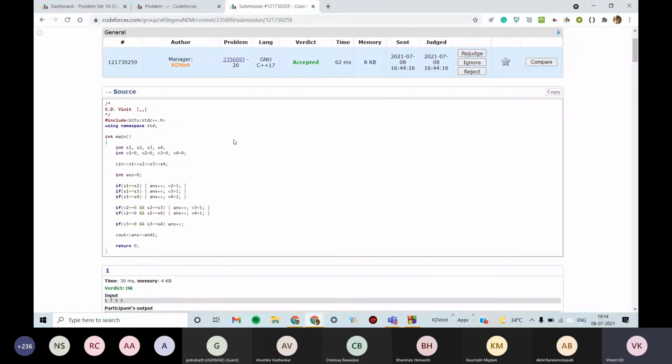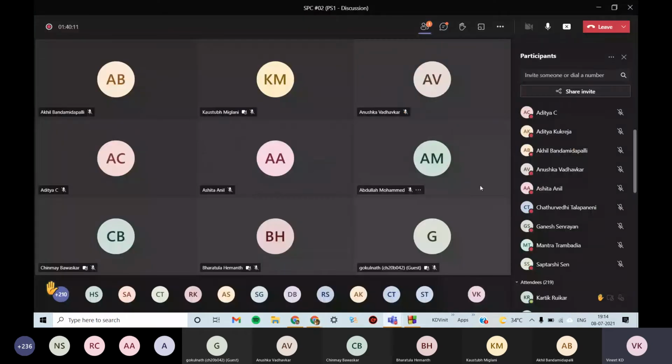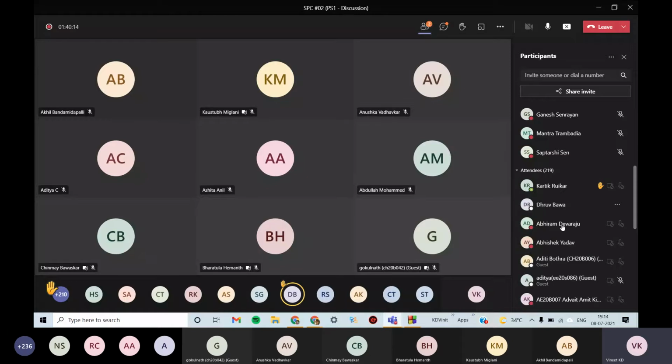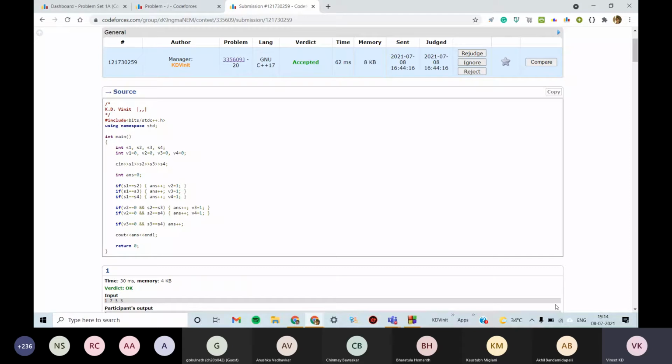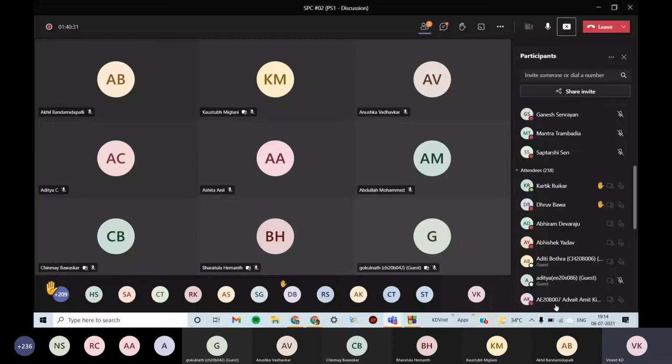So I would just like to ask you guys: do you think we can do it a bit more easily than this, with just using if else? I'll let everyone raise their hand. Okay, let me just ask someone then. Karthik, you can speak, if you either have a doubt or you want to suggest something. Hello. Yeah, Karthik, I can hear you.